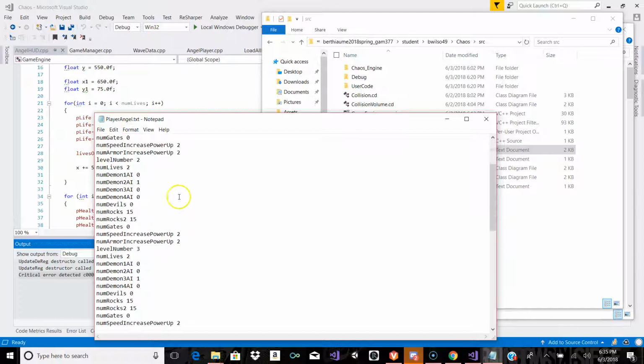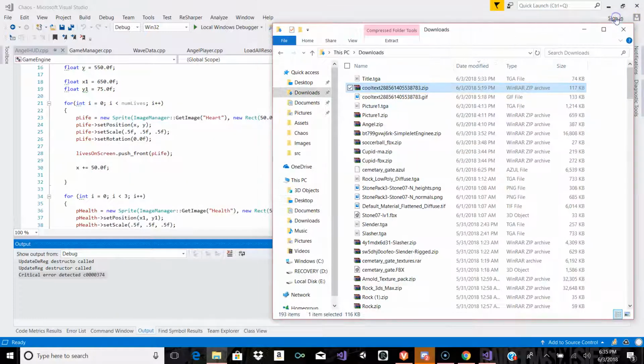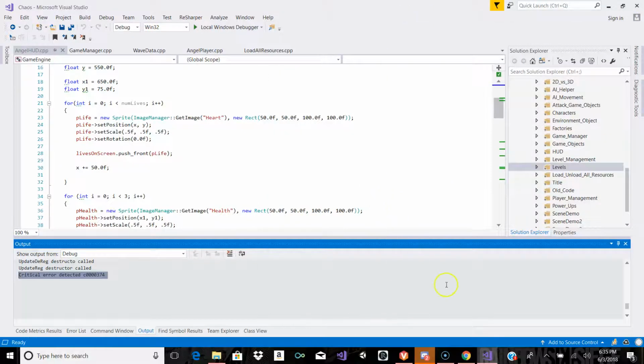But yeah, you can do the power-ups. You can do all that through the wave data. But yeah, I think this is